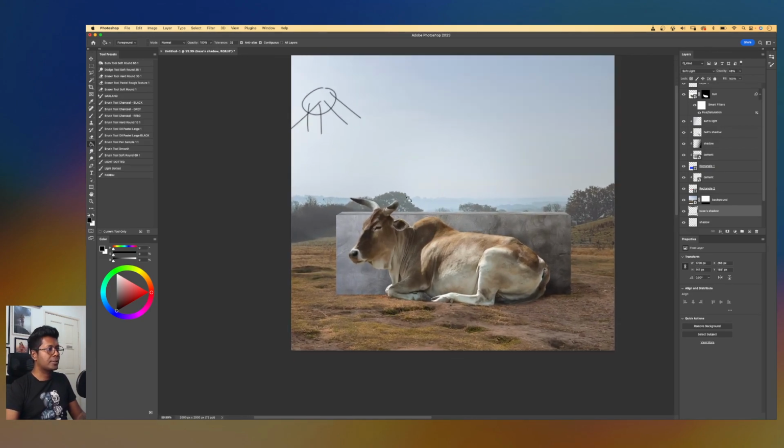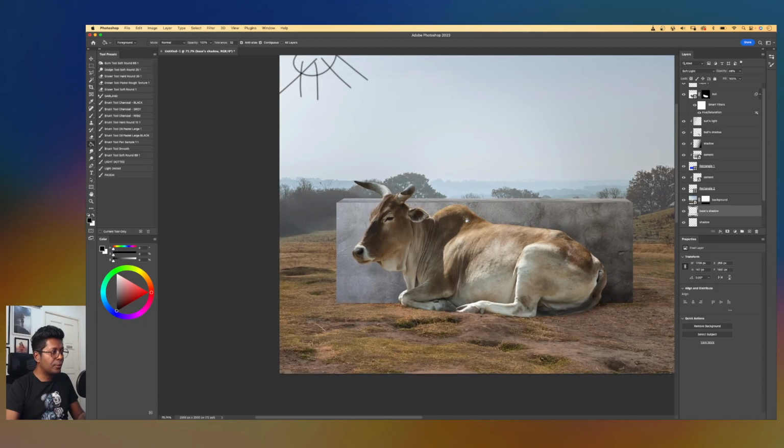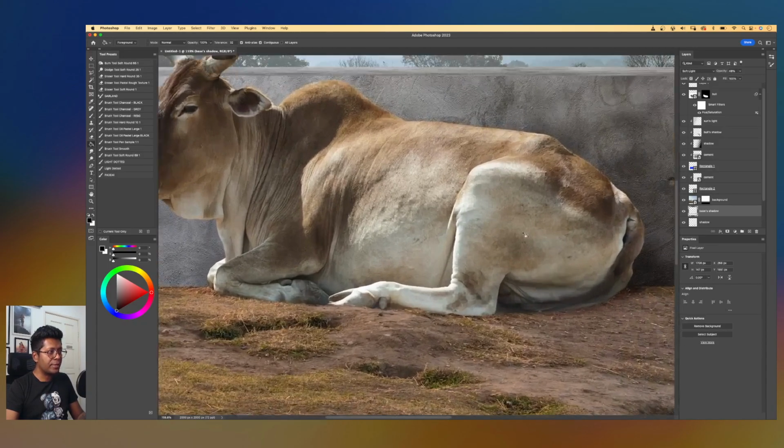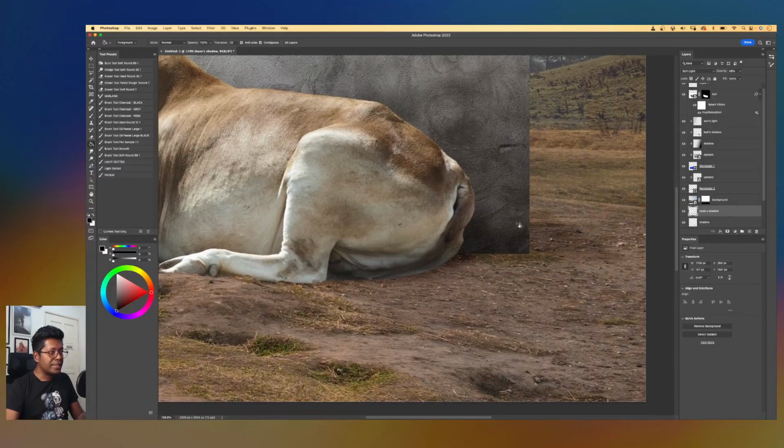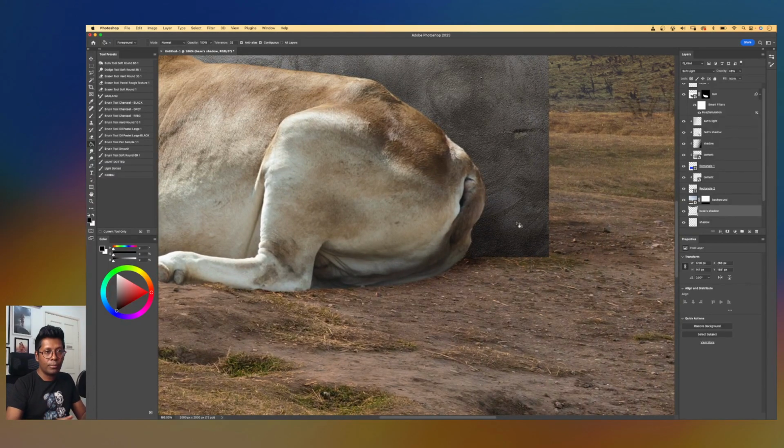Right? Everything looks good. It's time to also do some adjustment to the cement, right? As I said earlier, the cement is now right on top of the ground. So obviously when there's something on the ground, there should be some layering or something that rises up from the ground, probably dead grass and whatnot, right? We are going to do that effect. So I want you to press on V, select this base. Obviously the shadow will be selected because it's on top of the cement, and I want you to go back